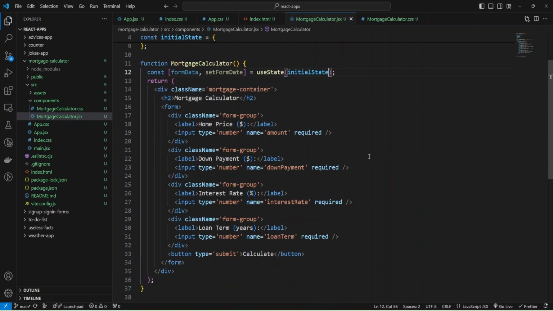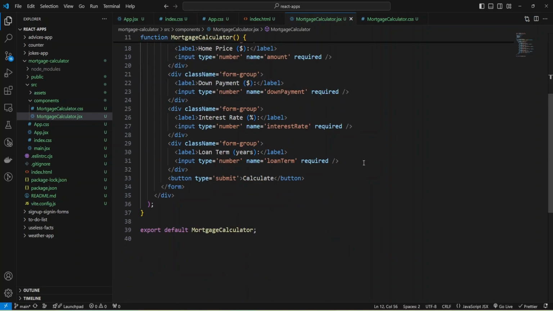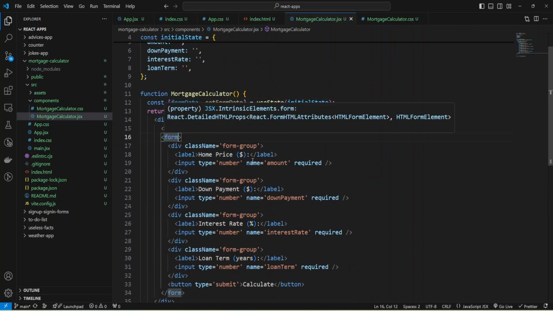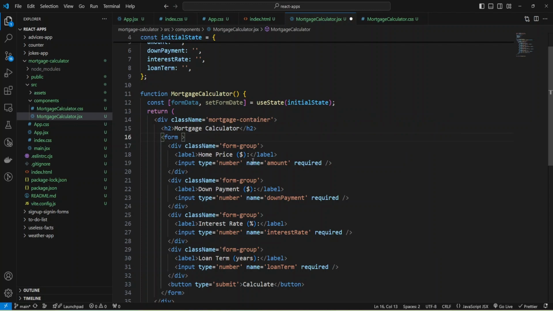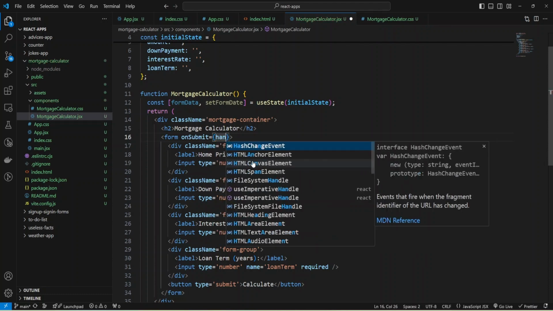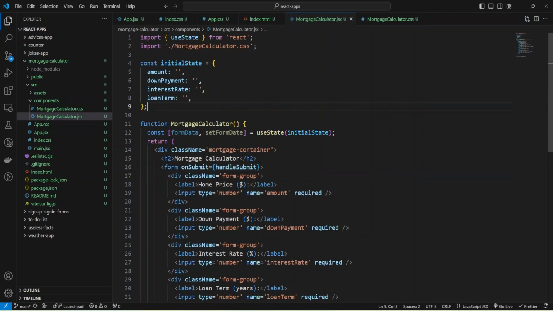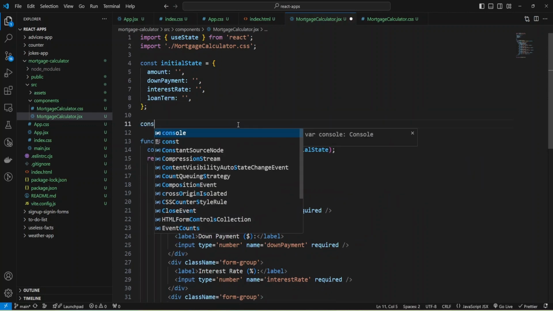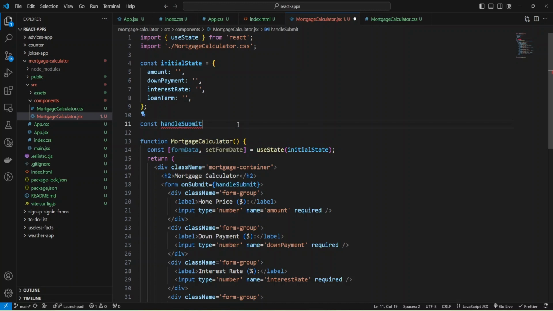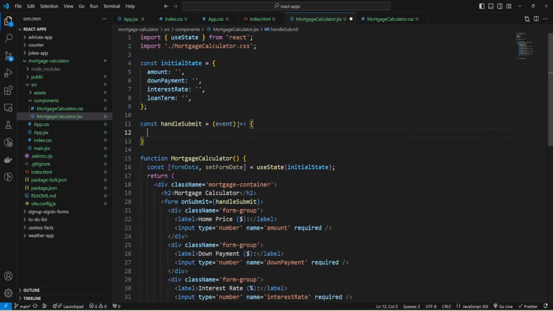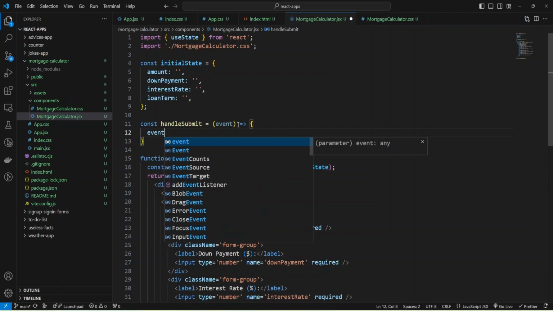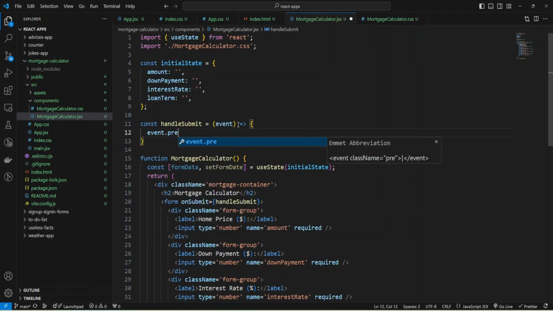Now I can use my object and set initial state. And now I can add event handler to my form and add on submit and provide function handle submit, and it will be arrow function const handle submit arrow function, and it will have event as parameter, and inside my function I'm going to event default.